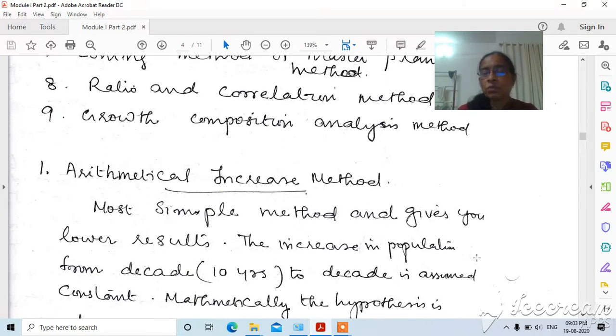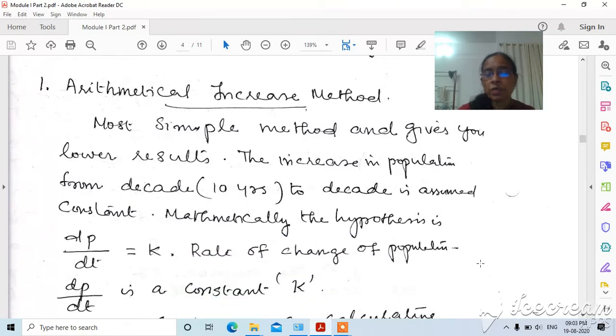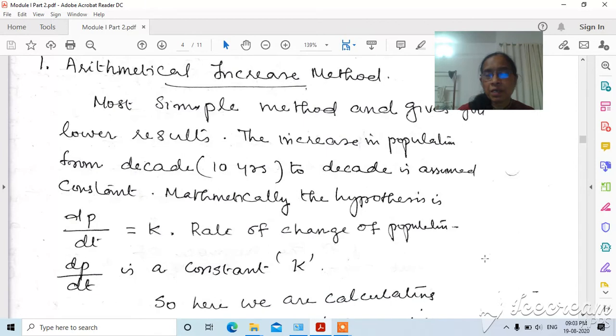If you want to calculate the population for a particular year, say n decades, remember when we are doing the population projection, we are always projecting for a particular decade. That means we consider the decadal population and project for the future decades. And decade means it is 10 years, is it? So